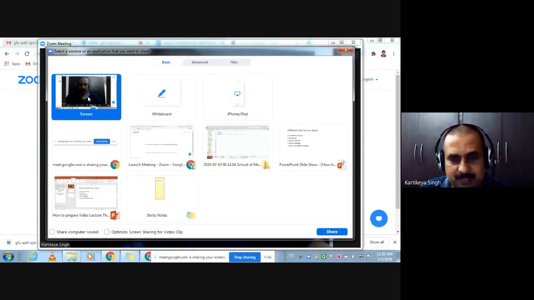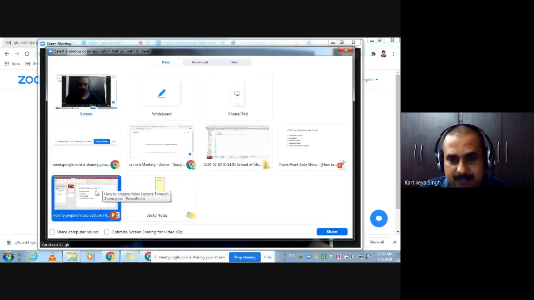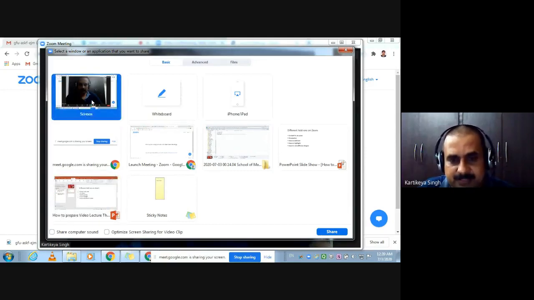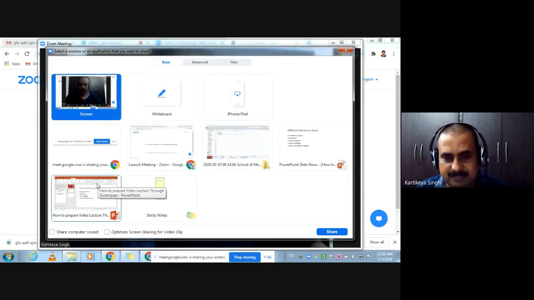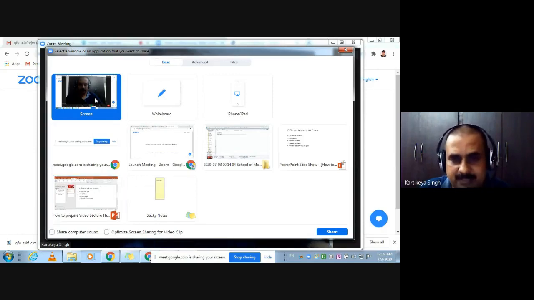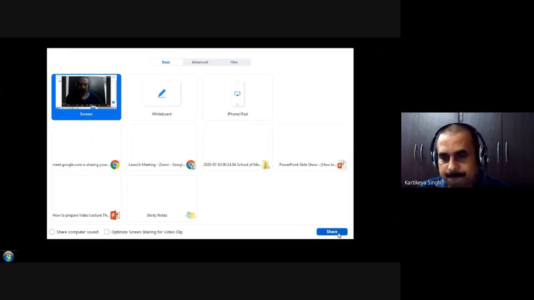So I'm going to share my entire screen, or else wherever my PPT or resources is there, I can share that window only. For the time being, I'm going to utilize the entire screen, because you are not expected to toggle between different screens. If you select a single window, you have to come out from that window and again start sharing it. So it is suggested that you always share your entire screen, so that whatever things you are going to cover will come as it is. So I'm going to share my entire screen.